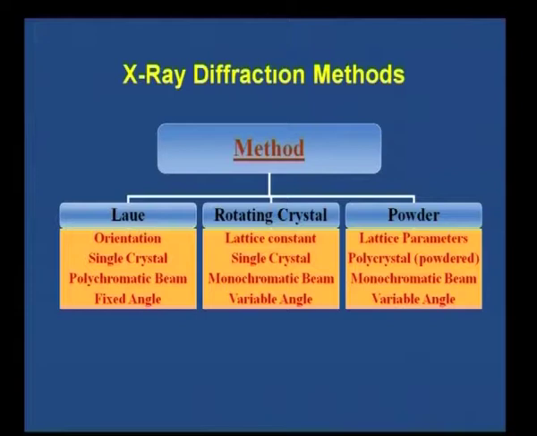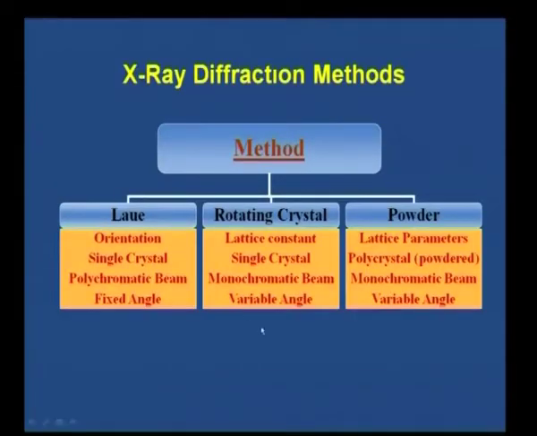Then you again use a single crystal, as I told you just now. You have a monochromatic beam and the angle can be varied, the variable angle. In the powder diffraction, you will be using powder, using which you can determine the lattice parameters. It is a polycrystal, the powder, right. Polycrystal means you have got very many crystals, not a single crystal. Then in this case, you are using a monochromatic beam, and a variable angle. Okay. So, now we will discuss the rotating crystal method, then we will move on to